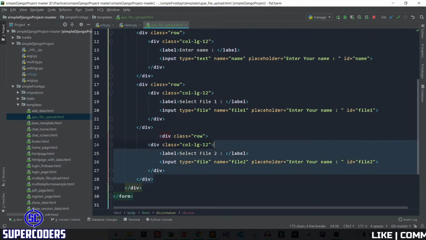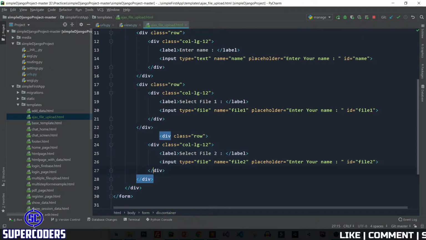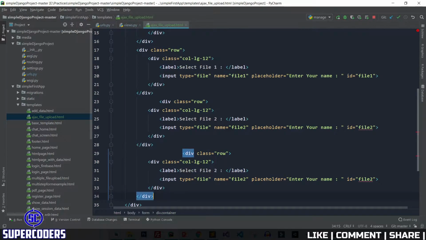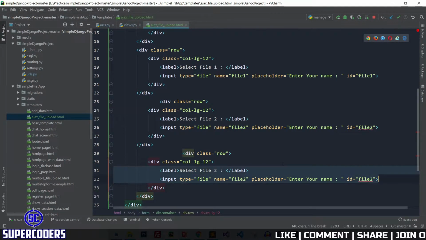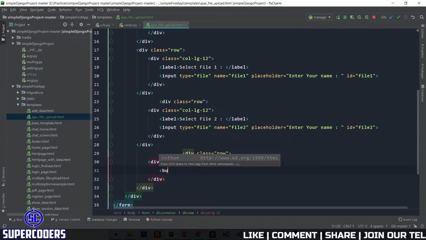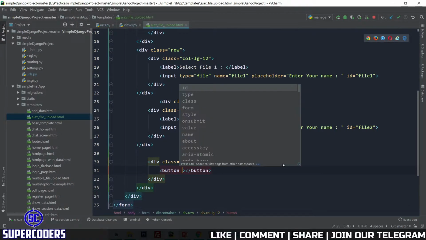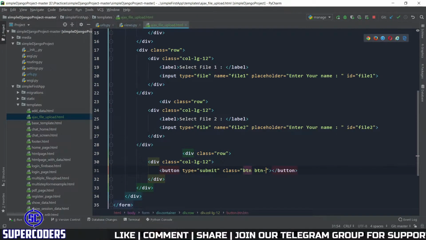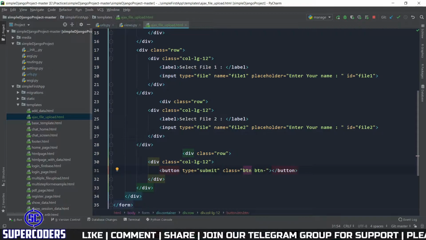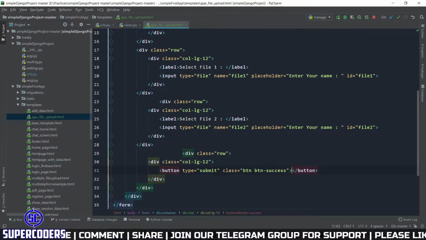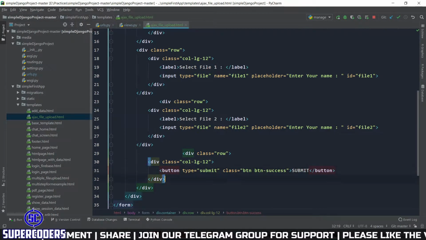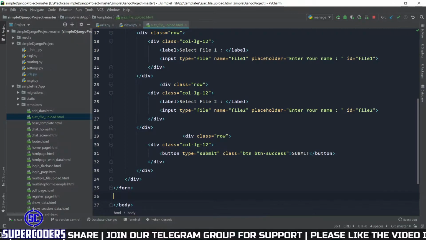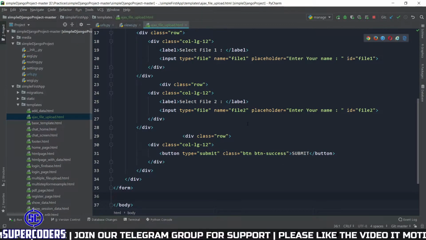After that, copy it again, paste it. This time change it to button, type equal to submit, class equal to btn btn-success, submit. After that, save it and let's check how it looks.